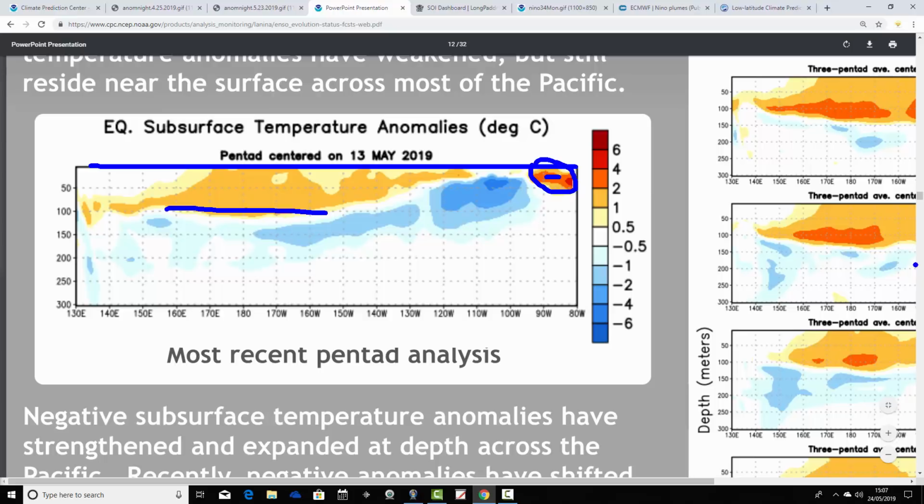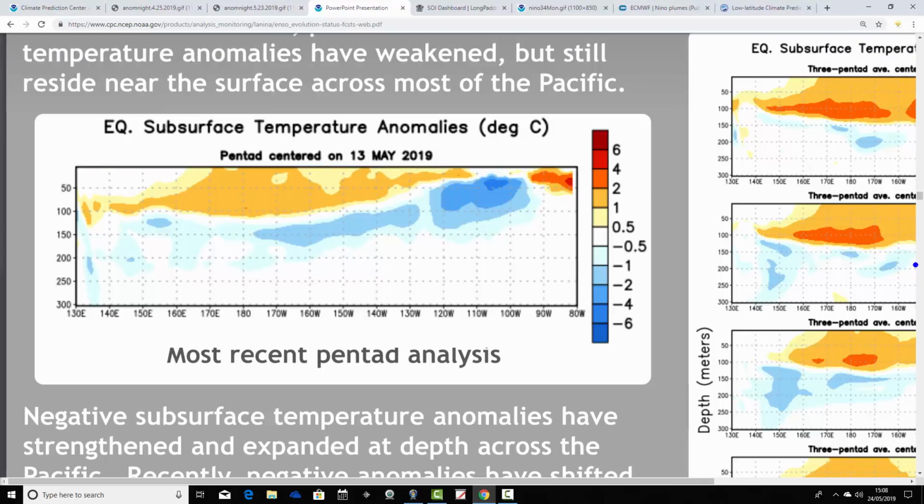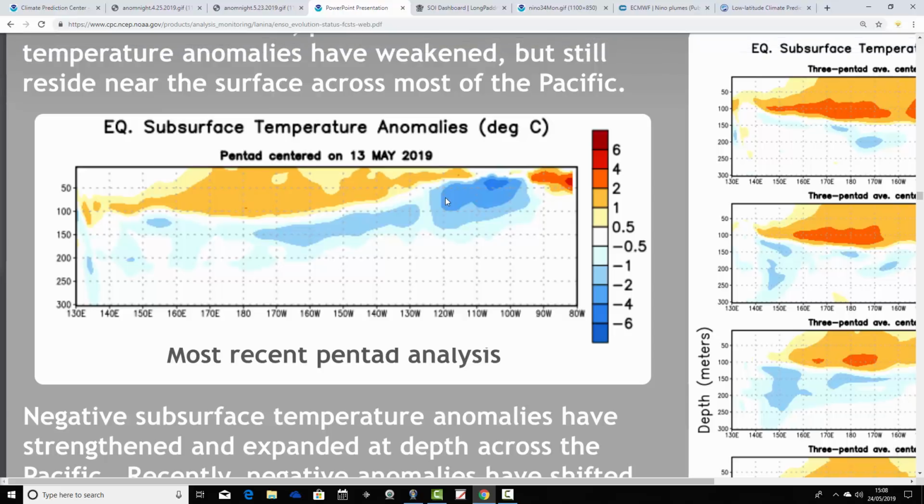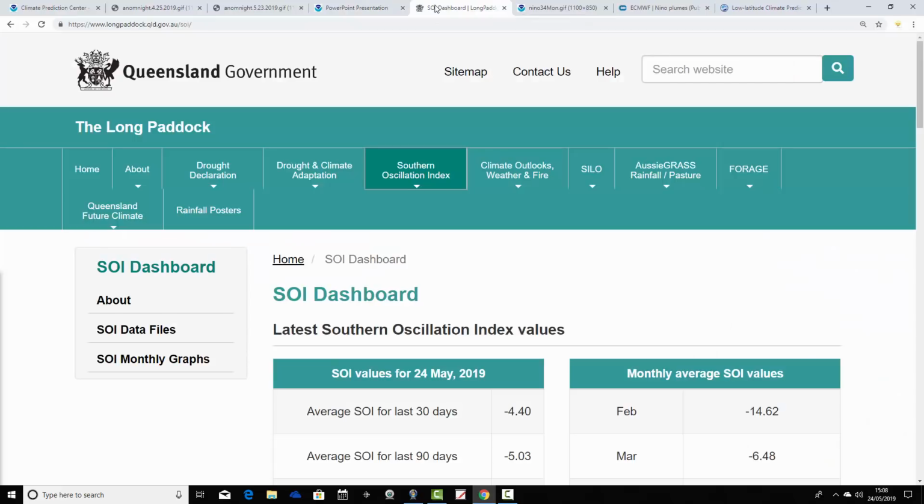We'll see La Nina beginning to take off through the summer and into the autumn. I wouldn't rule that out, but at the moment we haven't really got enough evidence, certainly from what's happening at depth in the Pacific Ocean. But of course we will keep an eye on it. And if these blue, colder than average subsurface temperature anomalies intensify and expand, then we may, by the time we get into the summer, have to start thinking about going into a La Nina. At the moment, I think it's most likely that we'll just fade away from El Nino towards ENSO neutral.